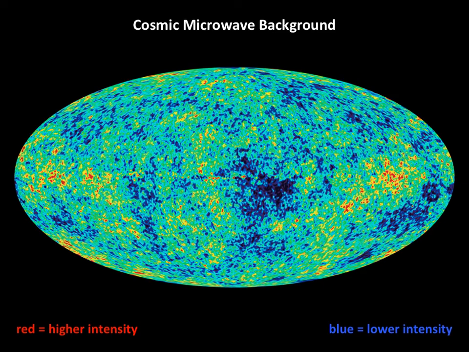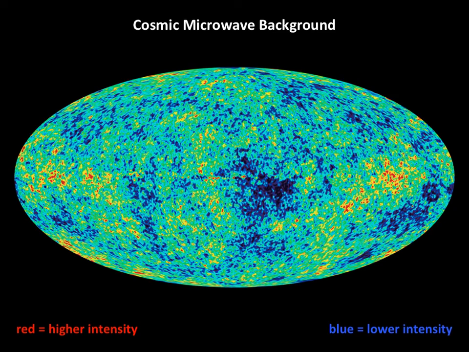Virtually all of it is about 3 Kelvin. Remember, it started at 3,000 Kelvin when the light was released. It's now 1,000 times bigger, so 1,000 times colder. So instead of 3,000 Kelvin, the universe is now about 3 Kelvin, i.e. pretty cold, but not absolute zero. It's a few degrees above absolute zero.